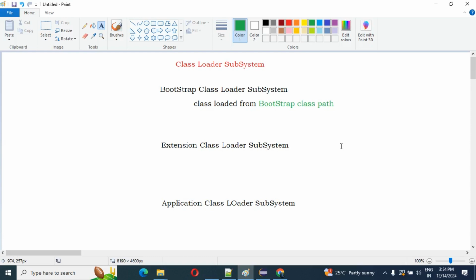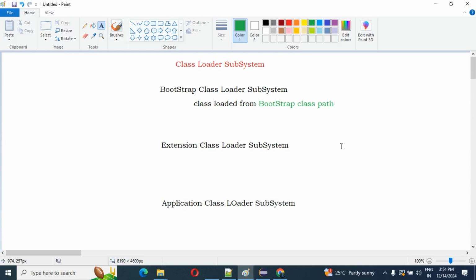For example, the String class, StringBuffer class, StringBuilder class, Math class, the java.lang package, the java.io package. Tell me, where are all these classes available?